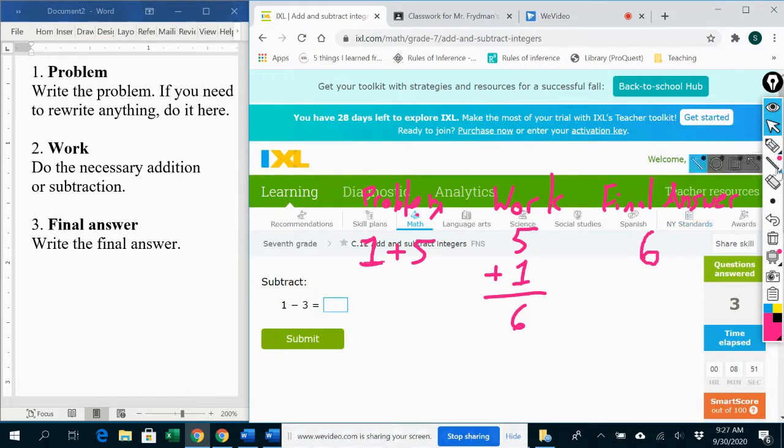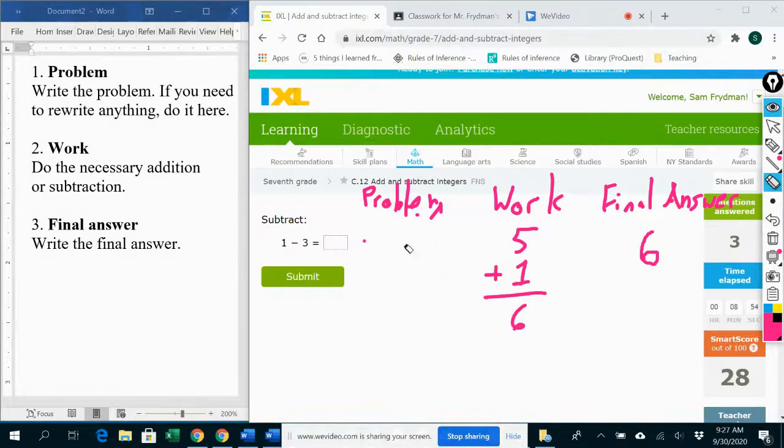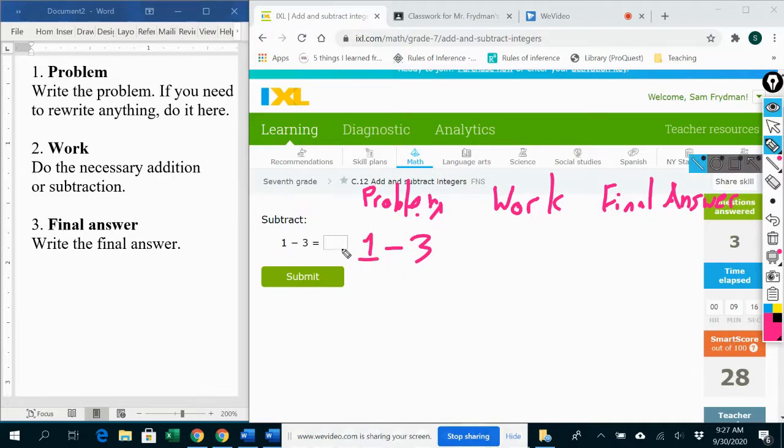Okay, good. I'm glad that we got a problem like this, because this is what I was talking about before. Okay, so the problem is 1 minus 3. The work that I'm going to show, again, if my first number is a positive number, then I'm just going to do the operation that I see here, okay? As opposed to if my first number was a negative number and I had -1 minus 3, I would actually be doing addition over here. Or if my first number was a negative number and this was addition, I would actually be doing subtraction over here. But if my first number is a positive number, then I'm just going to do the same operation that I see right over here,